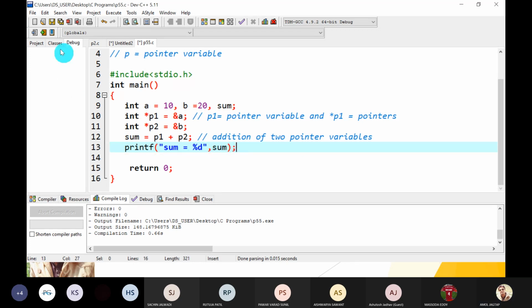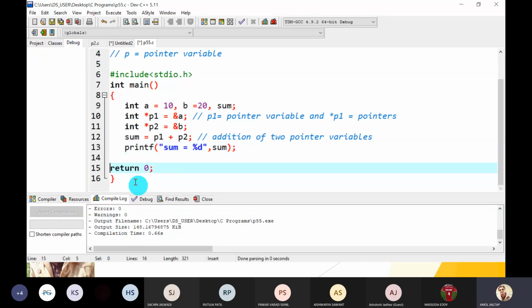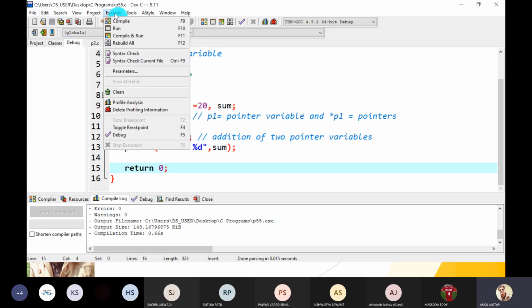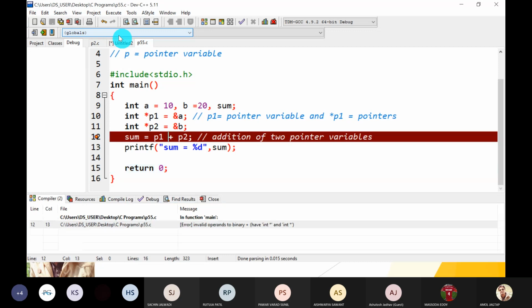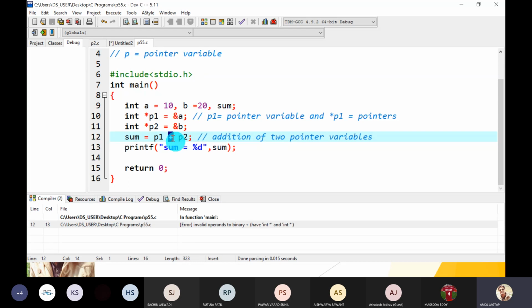Great. So let's see if it works or not. Just compile and run. Oh, it gives you a syntactical error: invalid operands to binary plus. So we cannot write p1, p2 as operands for this plus operator.